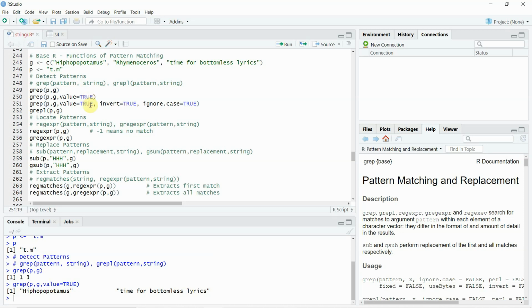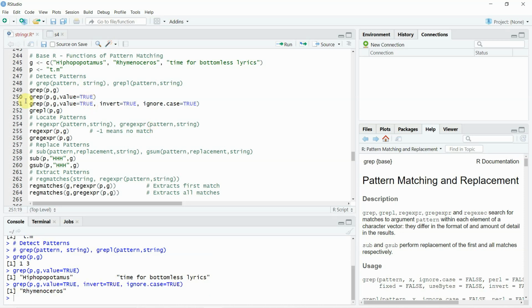Now let's look at another case. I've just run row number 251. Here I'm using the same pattern comma string, value is equal to true, which will give me the actual value of the string. I'm calling out invert is equal to true. The moment I do that, it acts like a negation, which means whatever this was going to return, hippopotamus and time for bottomless lyrics, it will return anything outside of that.